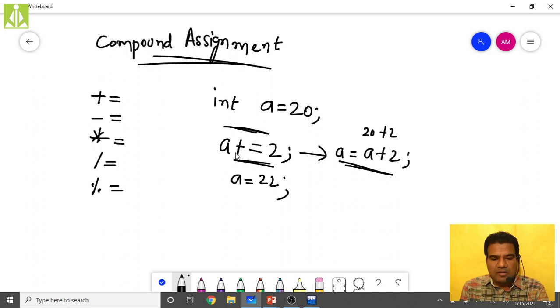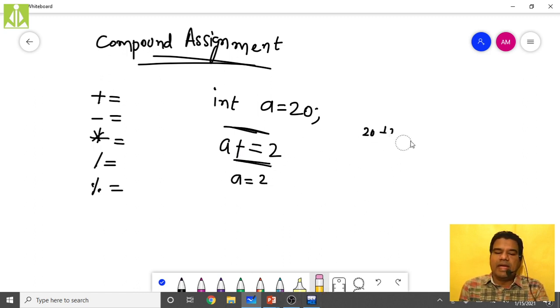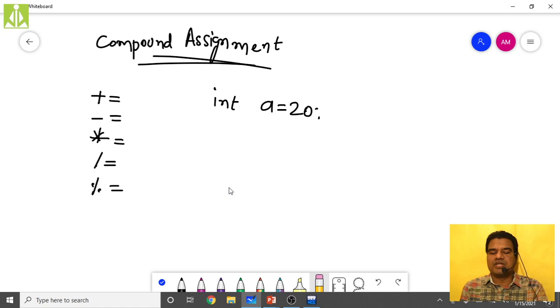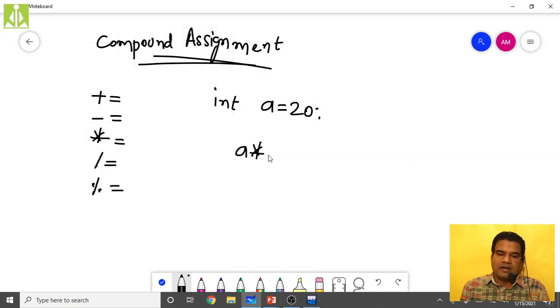Same thing for multiplication. If you see the multiplication, a multiplied equals to 2. That is, multiplication equals to is a compound assignment. So what does it mean? How does this value get evaluated?